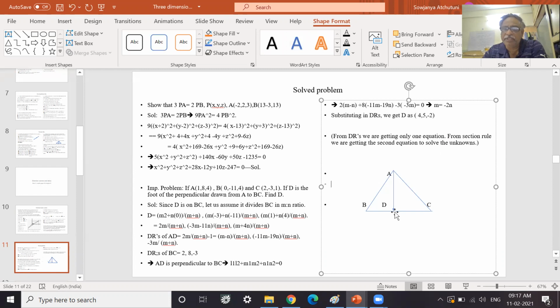So this point is D. He's asking what is the coordinate, find D. So what way we can do? One way is